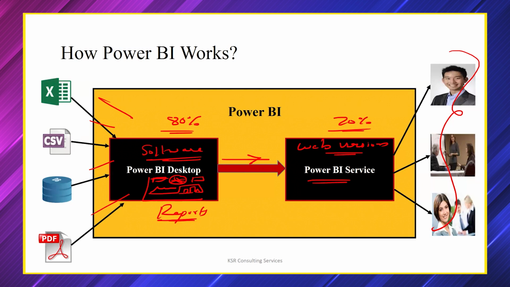the report. Now we are getting the data from your on-prem. What is on-prem? On-prem means it's coming from your systems, laptops, machines, servers, right? It all becomes on-prem data. From there, you are building a report with the help of Power BI desktop, and then you have to share it with someone, because they're all the end users. They are also expecting the data to be shown in the report. So we push it to another web version, which is called Power BI service. From the Power BI service, whoever is from a different part of the country can access my report, right? Now, this is how Power BI works.